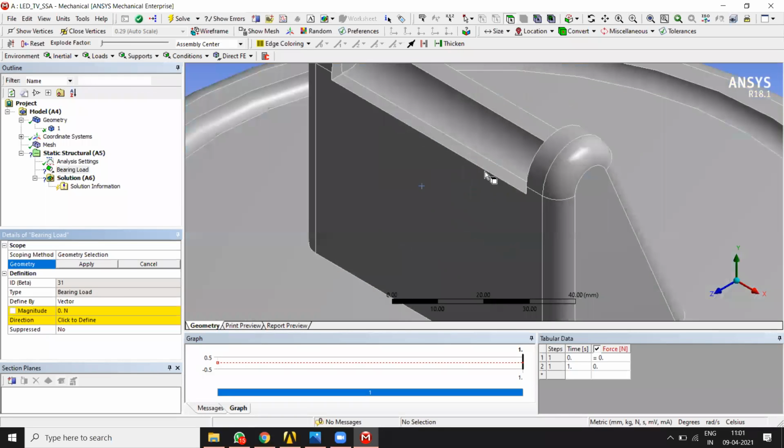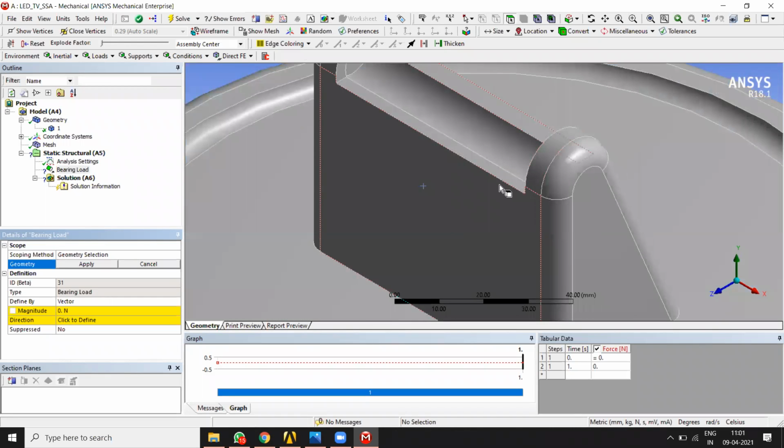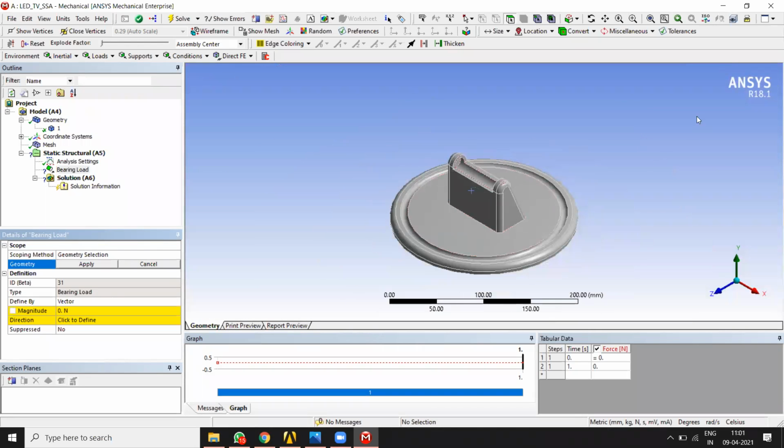Now one thing I would like to show here, student, when you are working in the graphics window of ANSYS, you should be aware about how to work with the views. So to zoom in and zoom out, scroll in, scroll out करो. Then अगर rotate करना है geometry, press and hold the roller button.